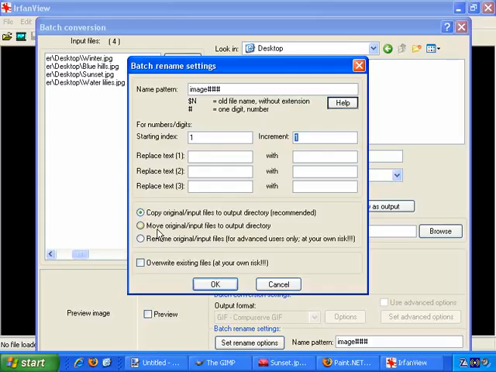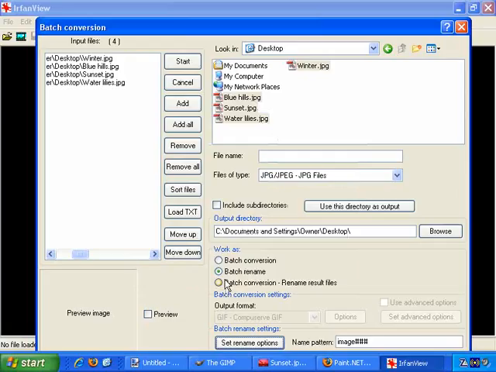Further options include copy original or input files to output directory. That's recommended. Alternatively, for example, you can rename original input files, but it's recommended that you keep a copy. So if you're going to use this feature, stick with this option where you maintain a copy of the original. That's safest. Also, leaving this unticked, the overwrite feature, is safest as well. So if I were to OK this, and let's start,